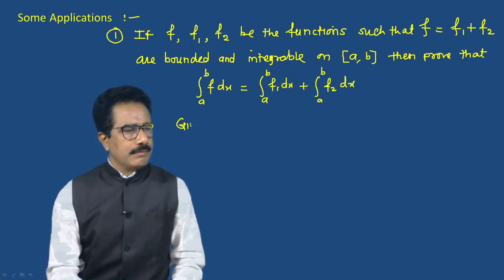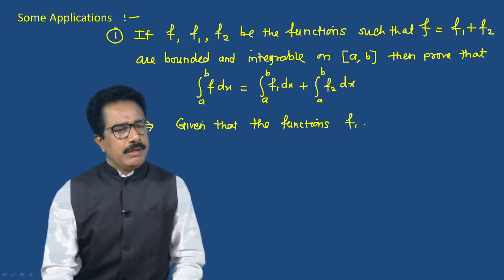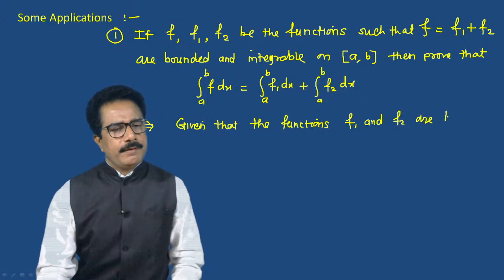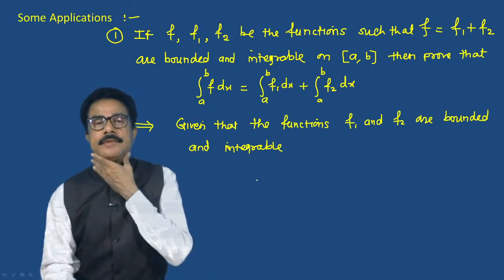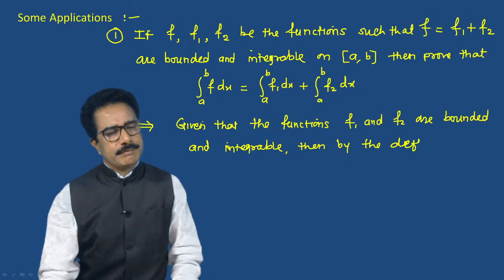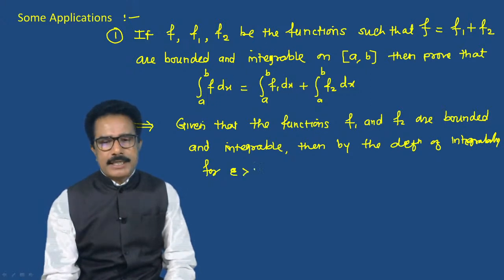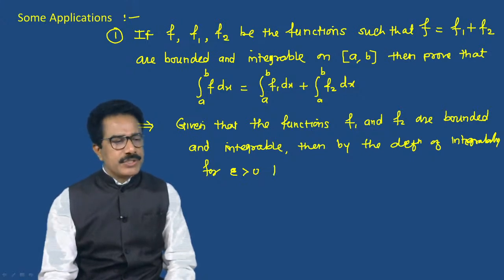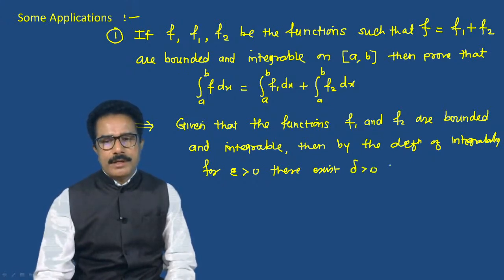Given that the functions f1 and f2 are bounded and integrable, then by the definition of integrability, for given epsilon greater than 0, there exists delta greater than 0 such that